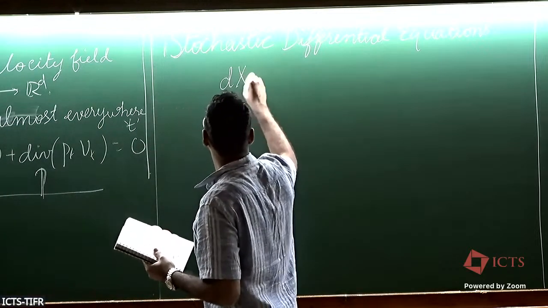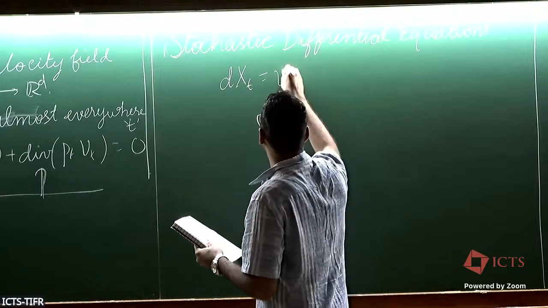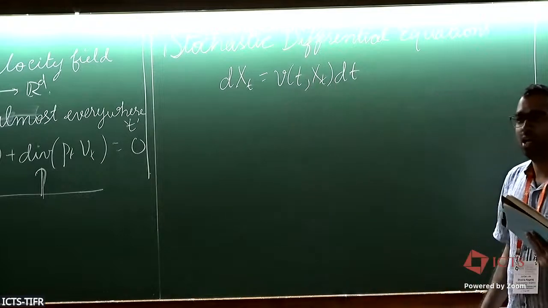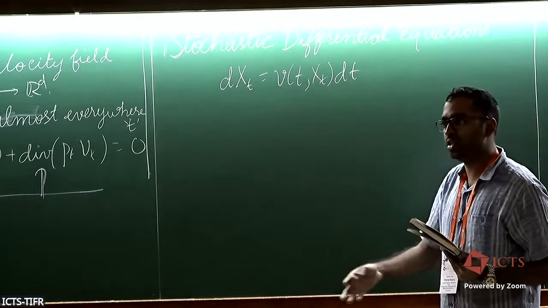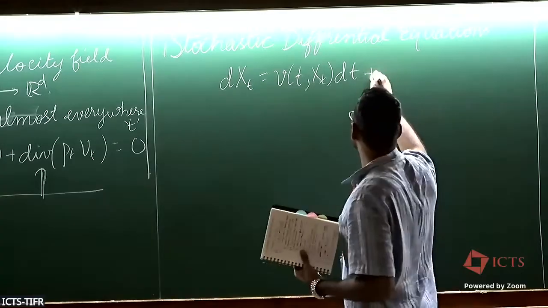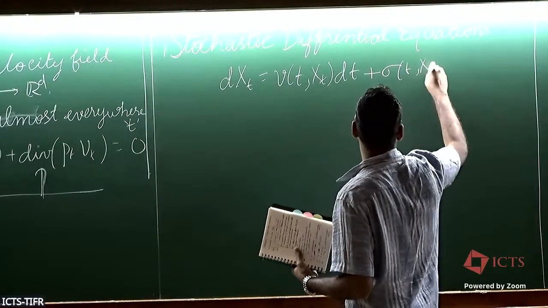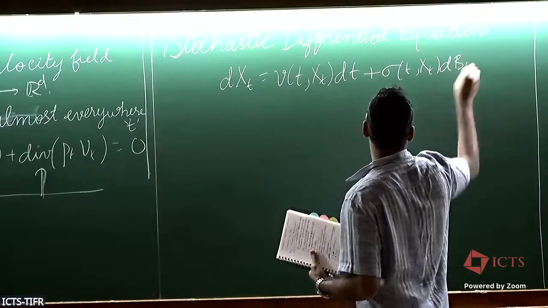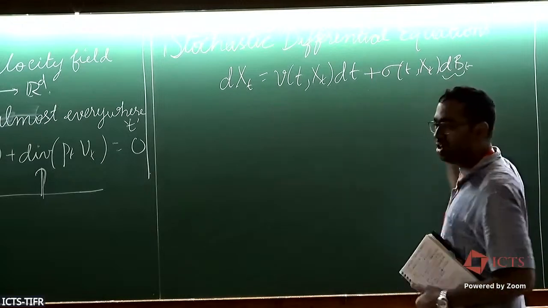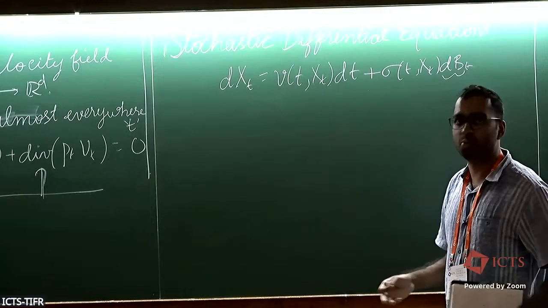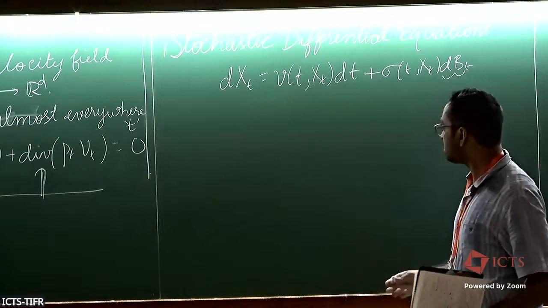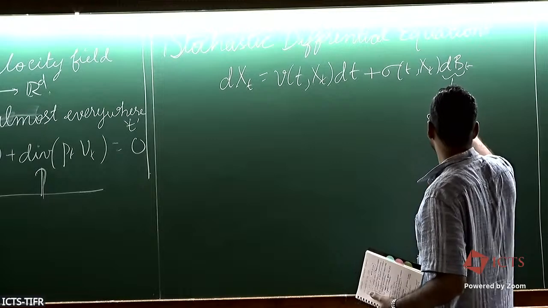So we are concerned with making sense of the following. We had an ODE which could be written as v of t comma xt dt. This was what we solved. But now we add a very rough noise which tries to model the unpredictability of the system, which is sigma of t comma xt times dBt. I'm purposefully not writing this as dx by dt because this dBt need not be differentiable. It's a very rough path. It is Holder continuous, but it is not differentiable anywhere. This is called the Brownian motion.